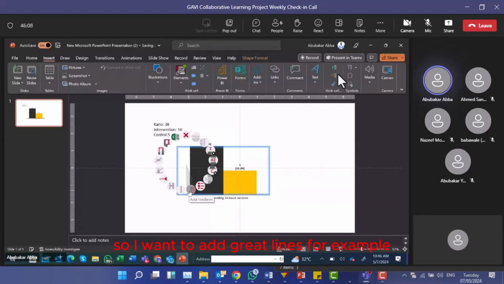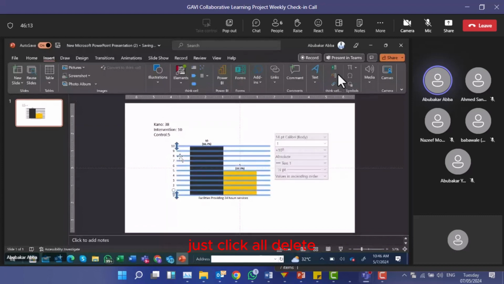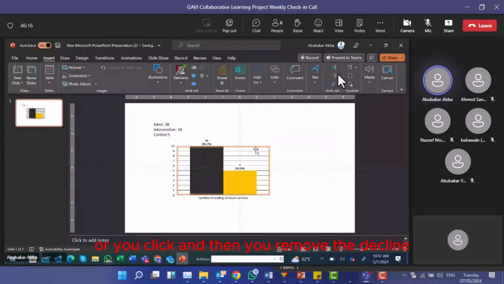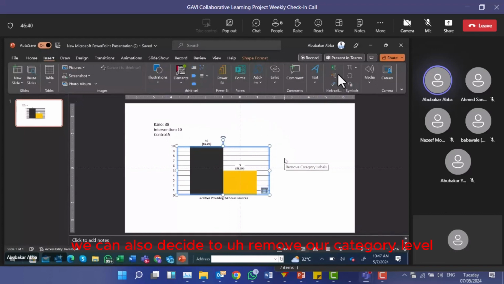So I want to add grid lines, for example. I will have grid lines. I want to delete grid lines. Just click on it, delete, or you click and then you remove grid line. So for any of the functions that are already in use, you will see that there is no provision for you to add again, but remove. Because we already have grid line, we can remove grid line. Because we already have our category level, we can also decide to remove our category level. So these are all functionalities that